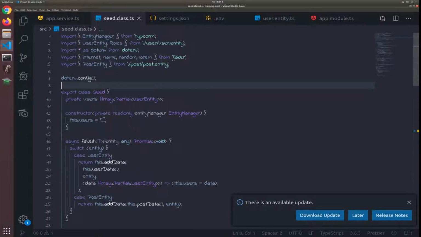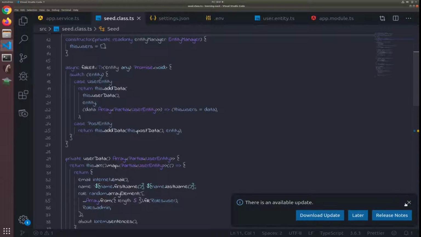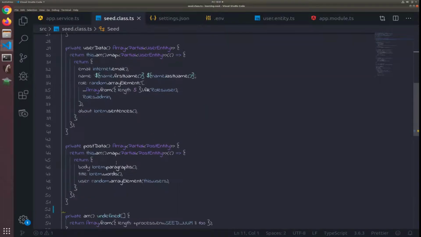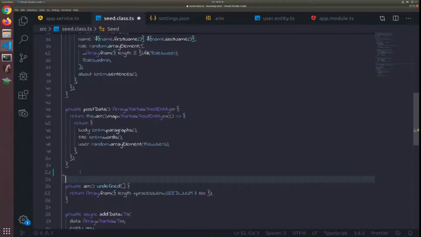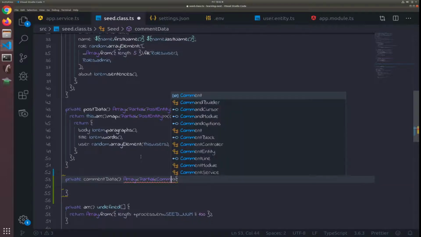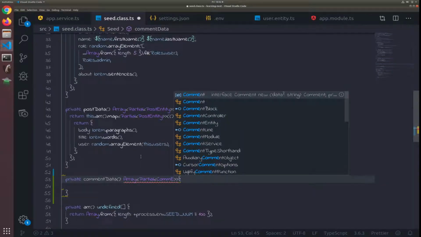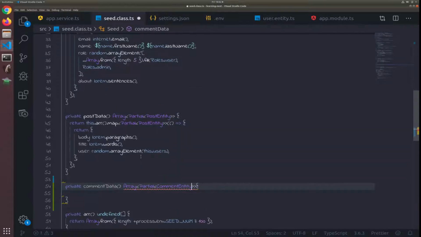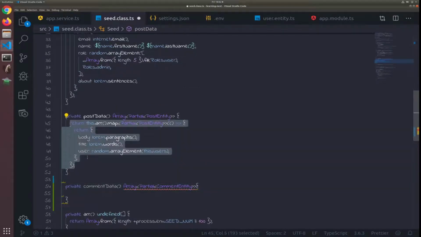Okay, let's generate fake data for the comments entity. So, the same two functions, so private comment data. This will return, I'll just copy this, an array of partial comment entity, of course. So this will be, yes, the comment entity. And I'll just copy this, put it here,